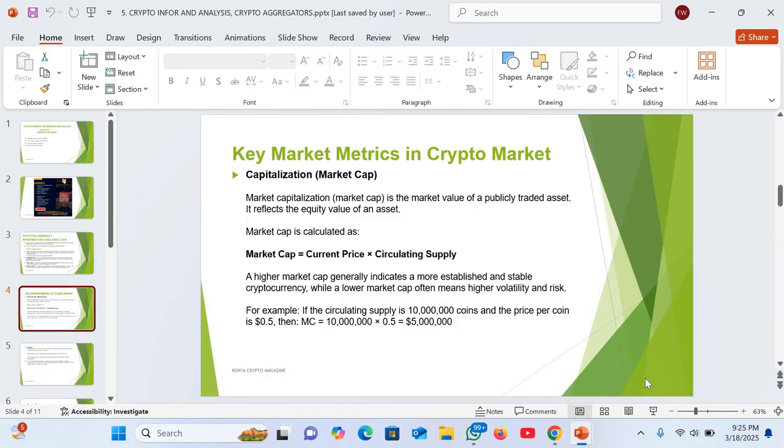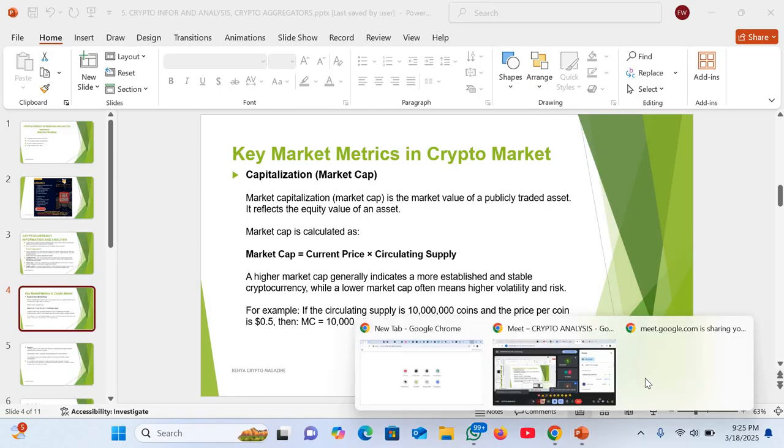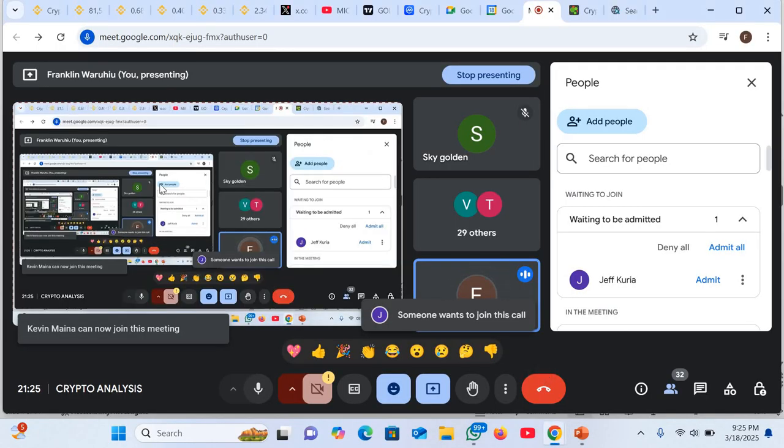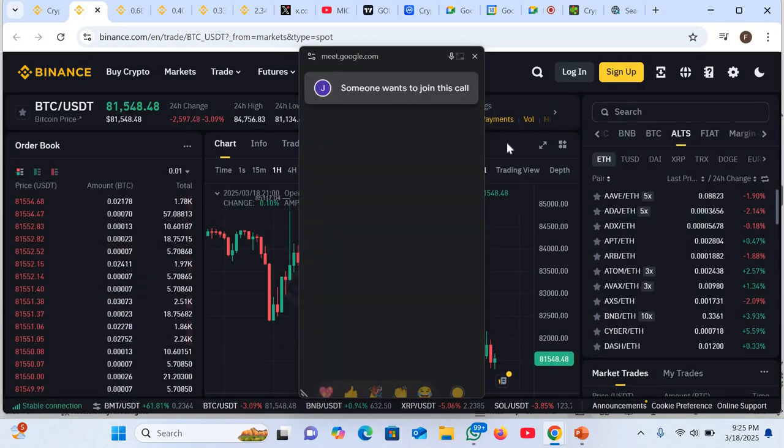So when we are calculating the market cap of Bitcoin, you will take the current price. The current price of Bitcoin as of today. I believe most of you have checked. We can also check right now on the charts. The current price of Bitcoin